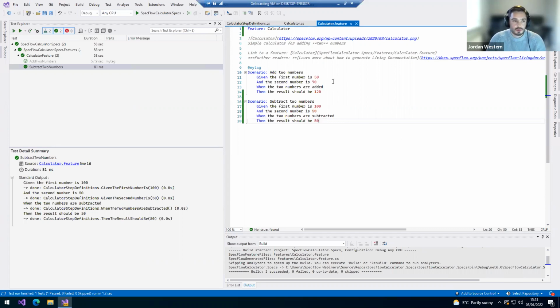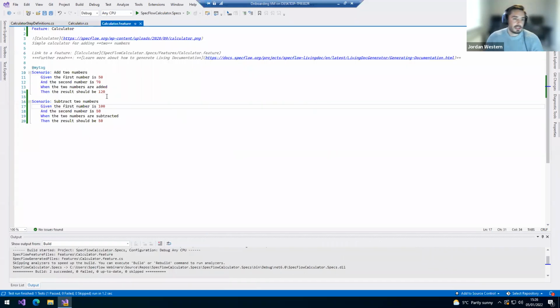So we'll just talk about some other things you can see here. So let's just get rid of this. What you can see is there's what's seemingly just random text, but actually this is markdown syntax, and the reason for this we'll come on to in just a moment. But what we do have, you might have seen it, is this living doc generator, and what this living doc generator does is it actually generates a living doc in HTML format,